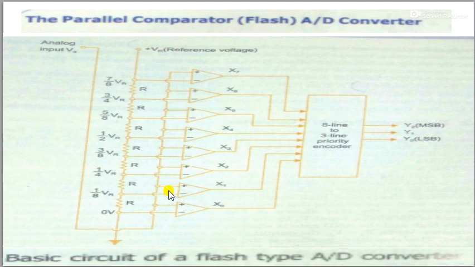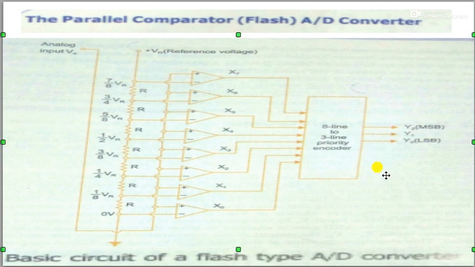And here we have compared the two input voltages. If the analog input is higher, the output of the comparator is equal to 1. And likewise, each comparator will provide the output equal to 1. And here we have followed the priority encoder, this is the 8 to 3-bit priority encoder, and based on the priority bit it will provide the output equal to 1. Now let us see the truth table for this flash type A to D converter, and this is the comparator and its truth table.